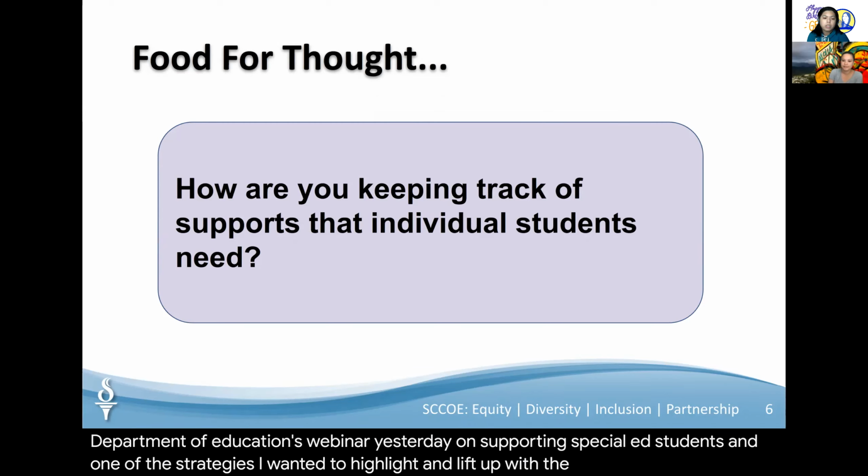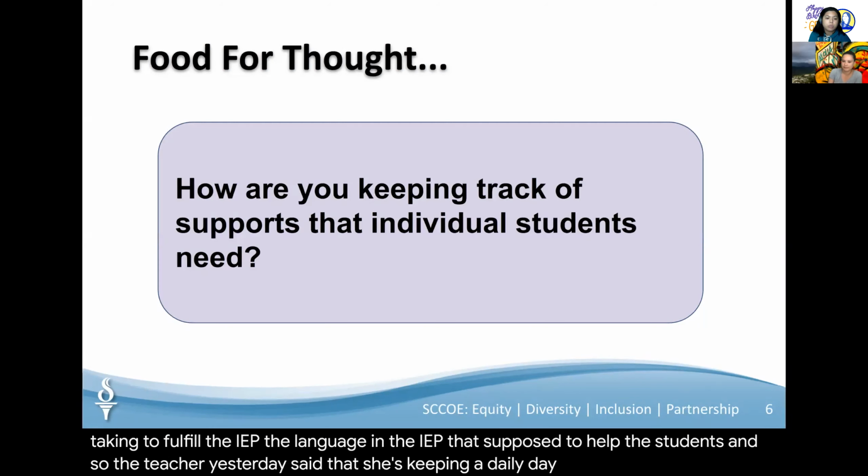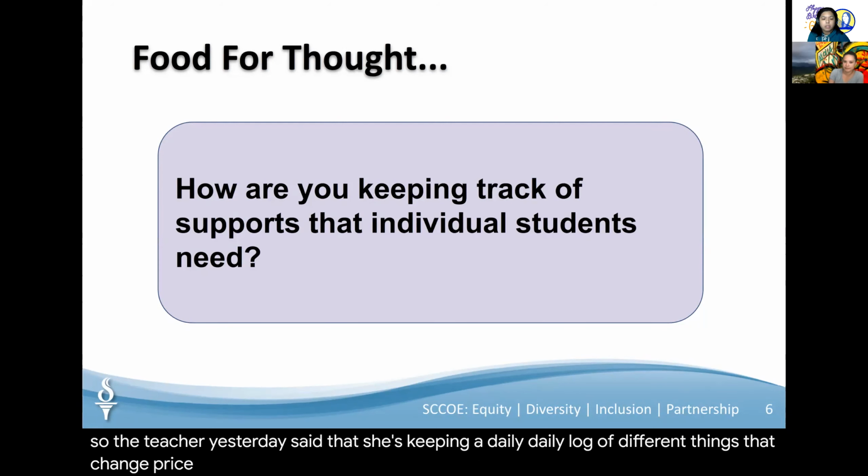One strategy that teachers, especially in special ed, are trying to get gen ed teachers to keep as a practice is documenting what steps you are taking to fulfill the language in the IEP that's supposed to help the students. The teacher yesterday said that she's keeping a daily log of different things that she's trying and different supports that she's providing to students. I think that's a great tip, not just for compliance,